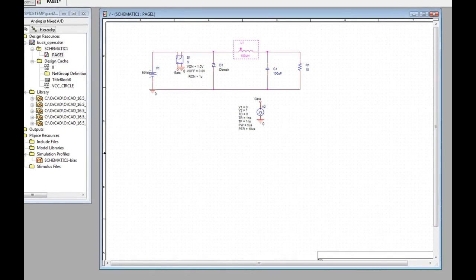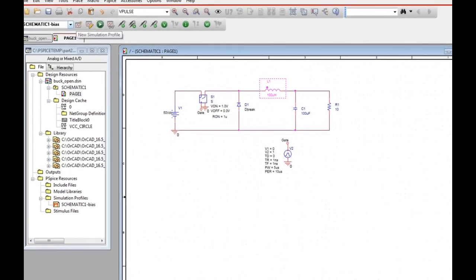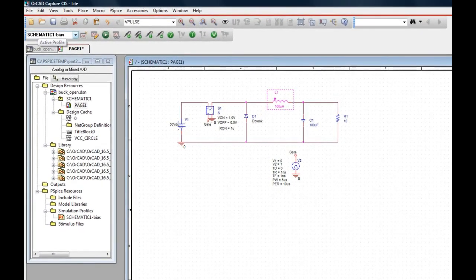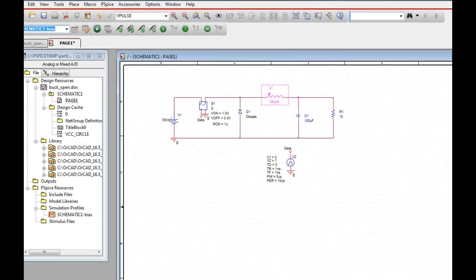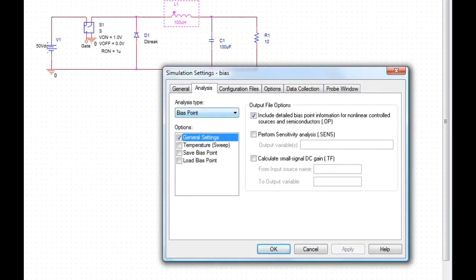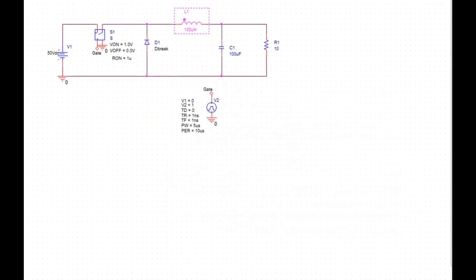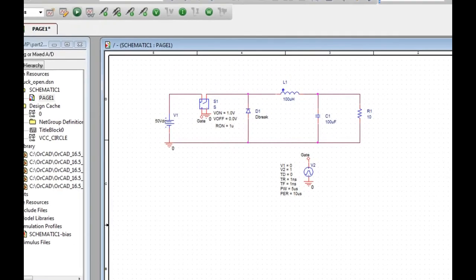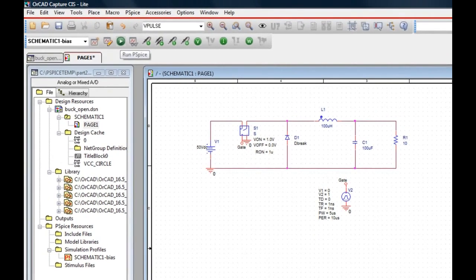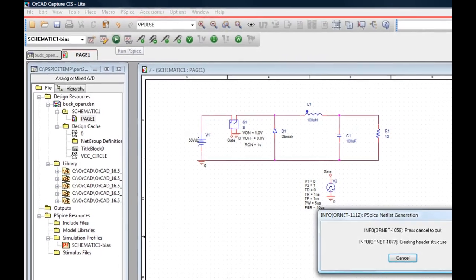Now, right now, the default simulation profile, if you look on the simulation window here, is the bias point solution. If I click on this Edit Simulation Profile, you'll see that the basic simulation settings are set to do a detailed bias point solution. Now, I'm going to go up here and click this Run PSPICE. There are a number of things like View Simulation Results and probe markers here that we're going to look through, but not yet. You'll notice there's nothing in Outputs. If I go and click Simulate,